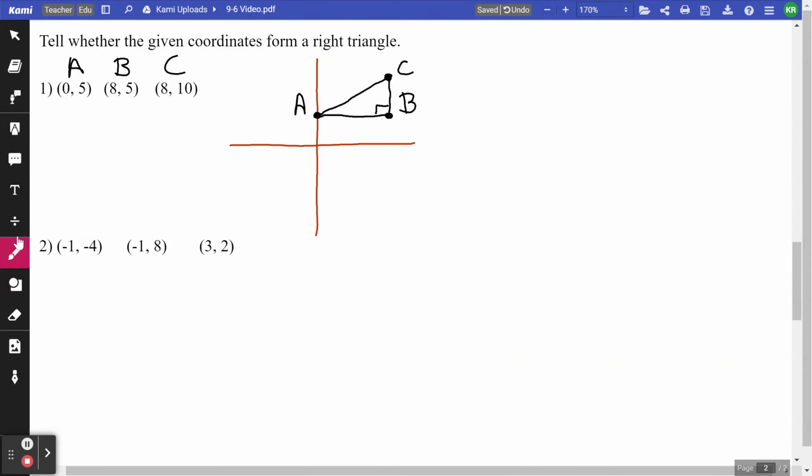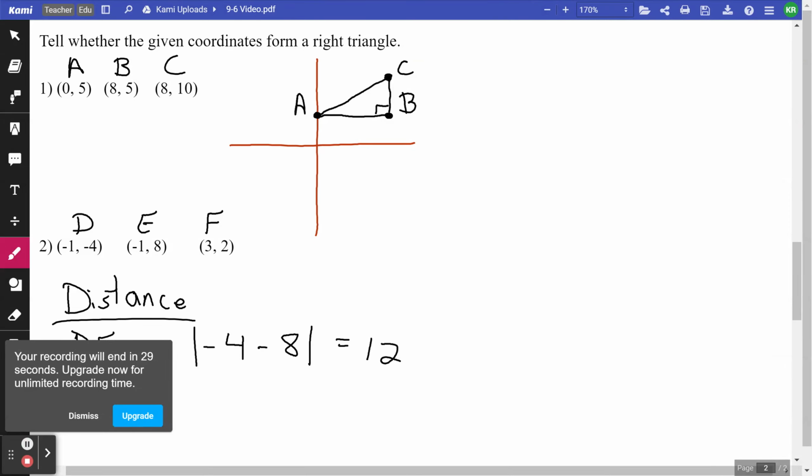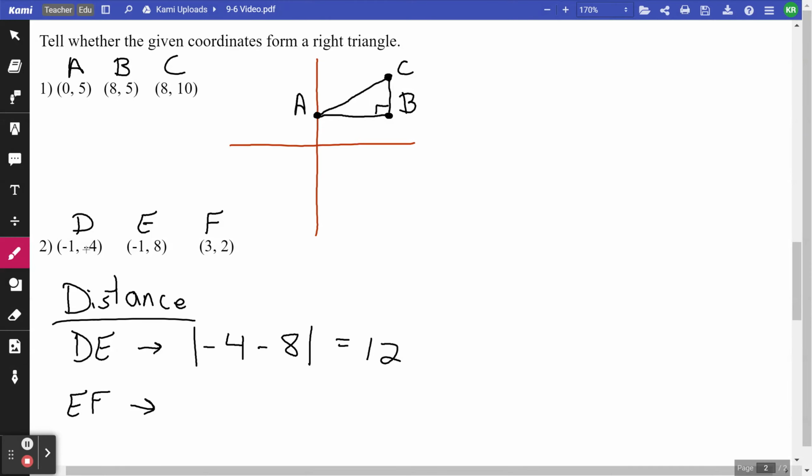The second way is you could actually calculate the distance for each of the lines. So if I take the first 2 points, D and E, (-1, -4) and (-1, 8), I see that those are on a straight line. So that's very easy. I just have to subtract the 2 y coordinates and I'm going to get the distance. But then if I look at E to F, that's (-1, 8) and (3, 2). So if I would think about a graph for that, it's not going to be a straight line, which means that I would have to use the Pythagorean theorem to figure it out anyways. And if I try to do D to F,